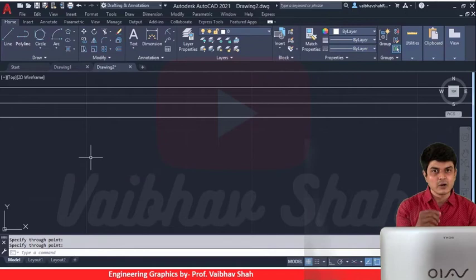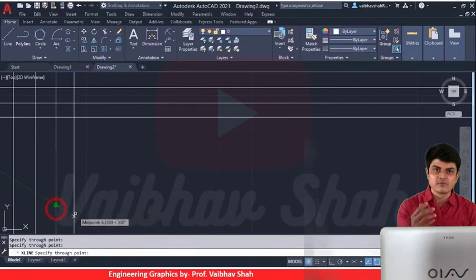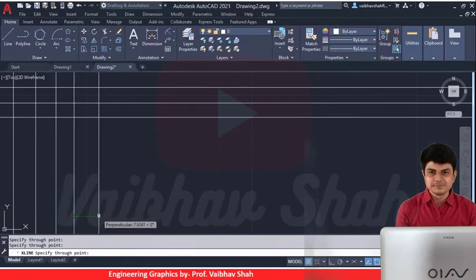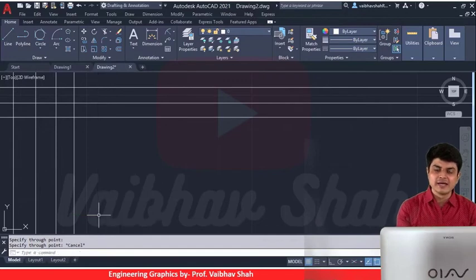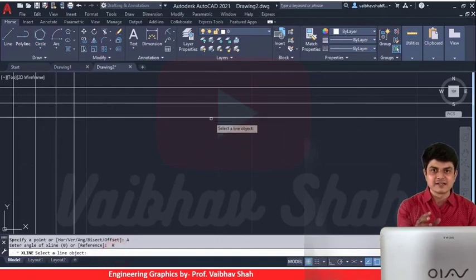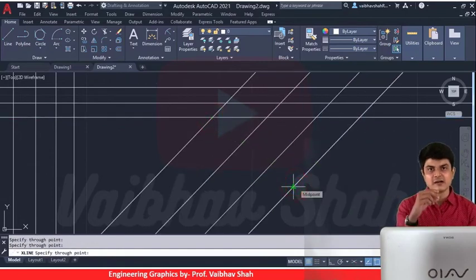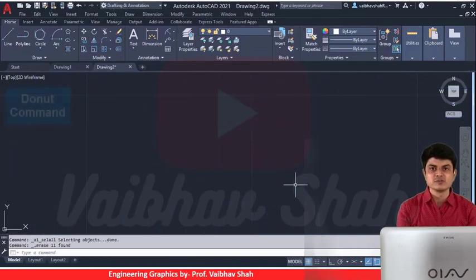Let me now select a vertical line. Once again, you can type XLINE or XL and enter to operate your construction line command. So I will have a vertical option. I will be drawing vertical lines by clicking like this. Then let me draw an angular line. For the angular line, let us first activate the command XL enter. You can type the angle in the command line and generate your line at an angle. So you press reference and select the reference line, and now you can enter the angle. Let's press 45 degrees and I will have the line at 45 degrees to that line. So I can generate 45 degrees in reference to the horizontal line. So that's how I can use my construction line.